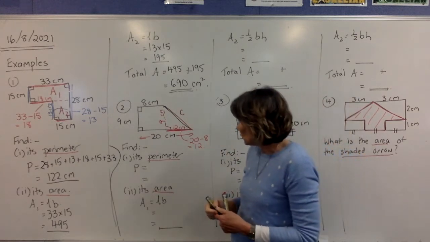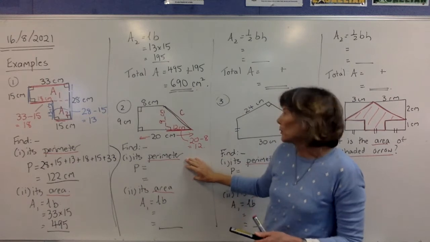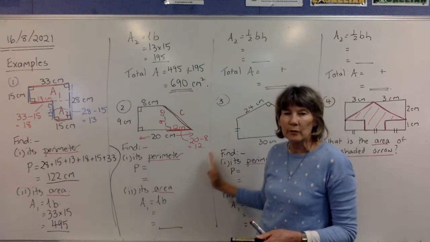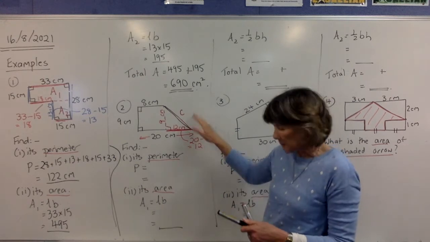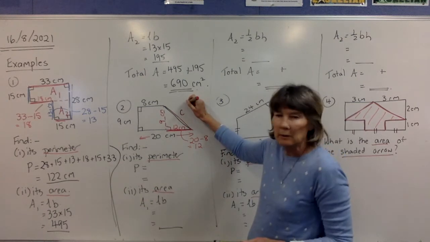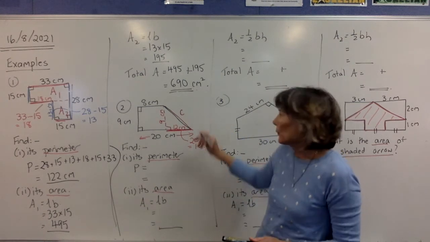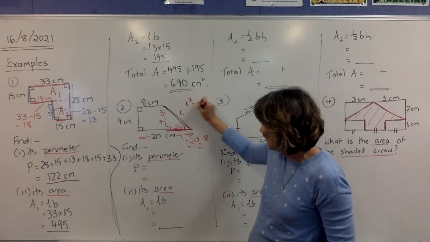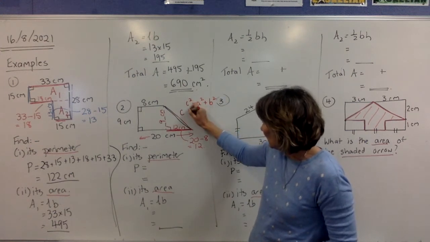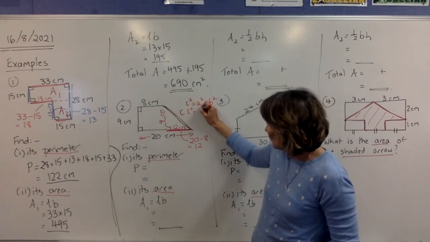Okay, so to do this, I probably don't have a lot of room down here. You may have room on the right-hand side of your column. I'm just going to write it up here for the moment, but it's probably better if you write it down here on the right. Okay, so we're doing c squared equals a squared plus b squared. And if we put the 9 and the 12 in,